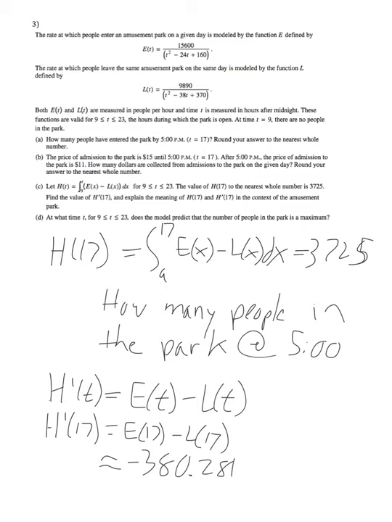And that's a derivative, so it represents the rate of change. And what is it the rate of change of? Well, since h is how many people are in the park, this is the rate of change of people in the park, which I also already knew because I knew that e of t was the rate at which people enter, L of t was the rate at which people leave, so the difference in those is the rate of change in the number of people. So we would just say